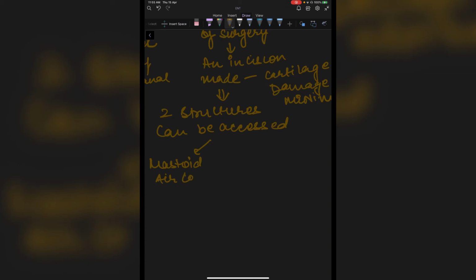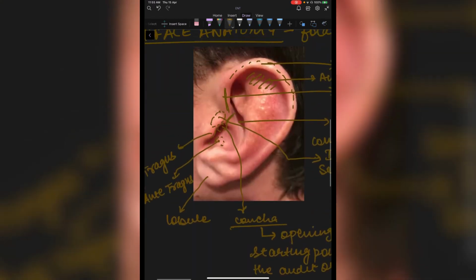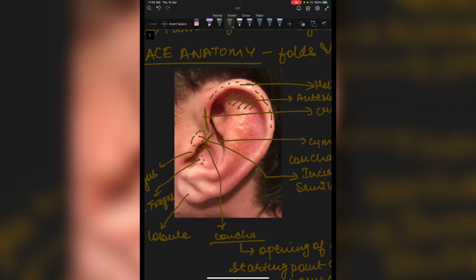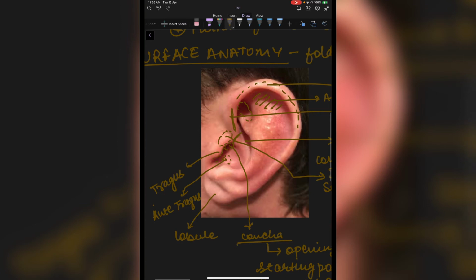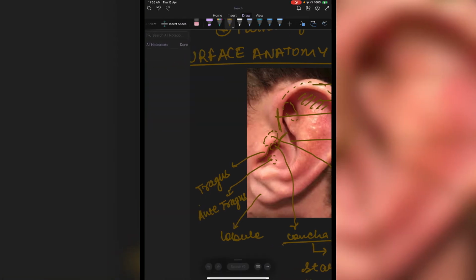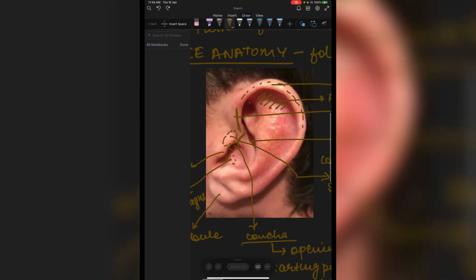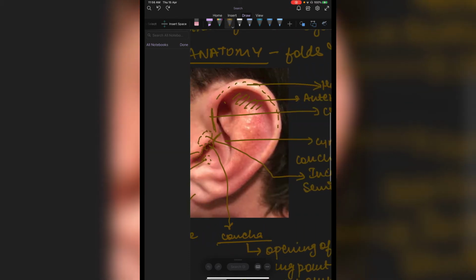Air cells basically. And the second one is your auditory canal. So through this, any infections can be treated. That is the incisura semilunaris. And here, this little depression, this little area is called your triangular fossa. Now, why is it called triangular fossa? Because if we see, this is the apex of the triangle. It is something like this.